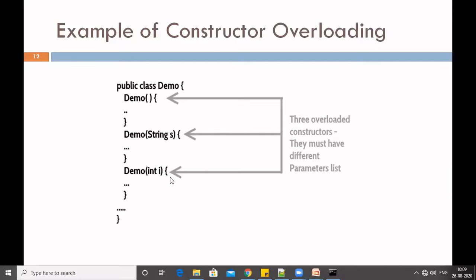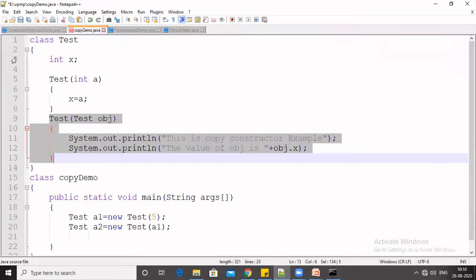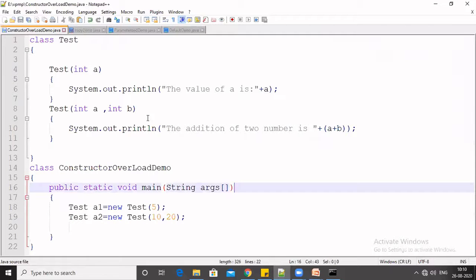Let's see the example of constructor overloading. See here, I have one class Test and this Test contains 2 constructors and these 2 constructors have the same name but contain different parameters. The first constructor contains 1 parameter of integer type and the second constructor contains 2 parameters of integer type.